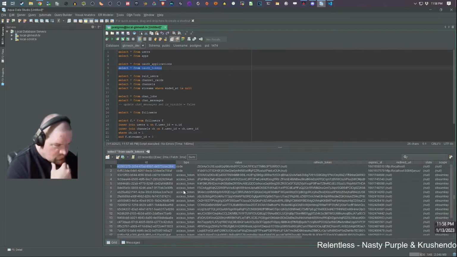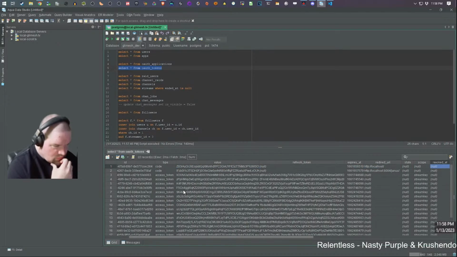URL localhost. No refresh token. Expires.